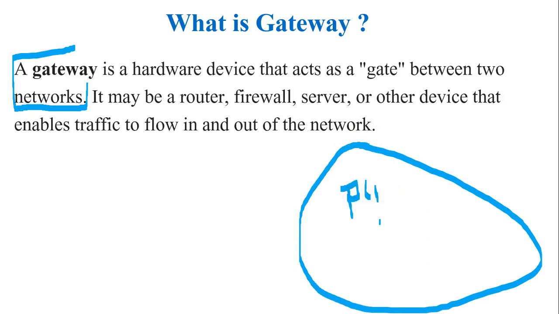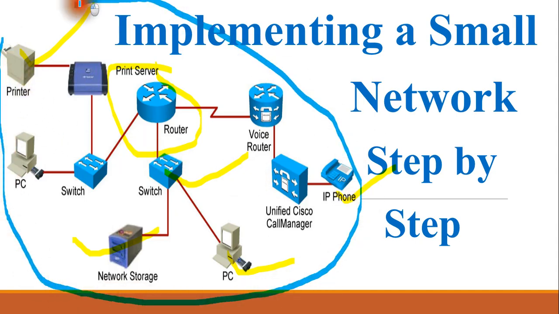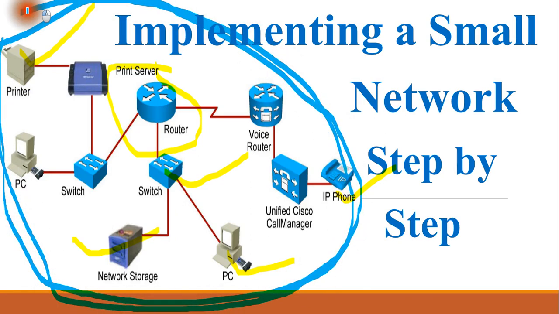Okay, so let me take you to an image. This image I'm using here, and let me just make it one circle here. So this is your organization. It should be secured, it should be within a boundary, and outsiders should not be able to reach your organization from the internet to hack anything or steal anything. For that you need to define one gateway.